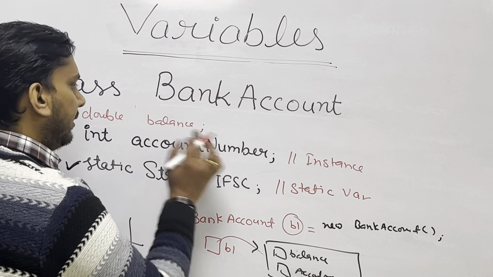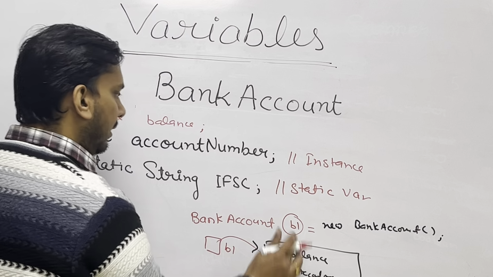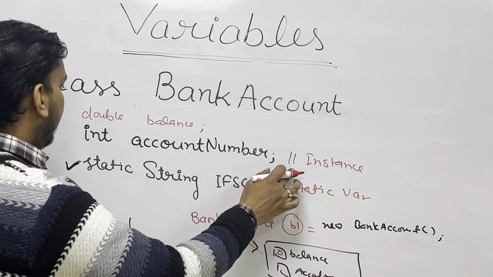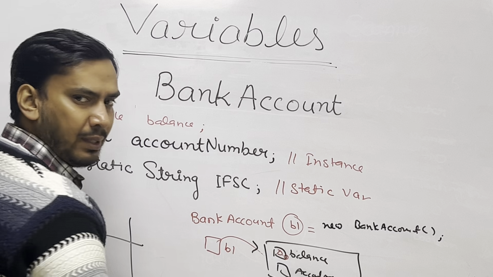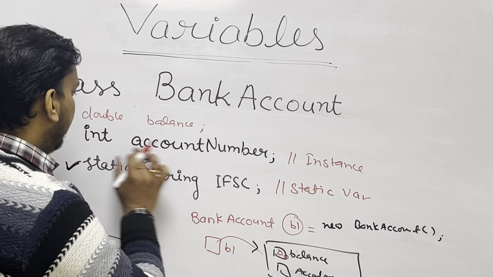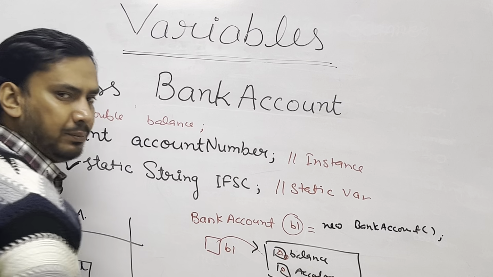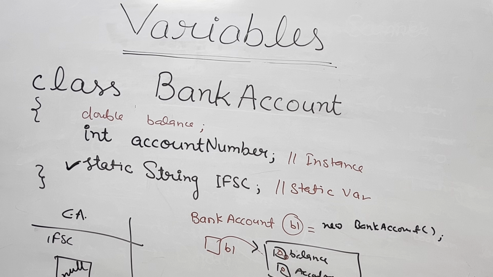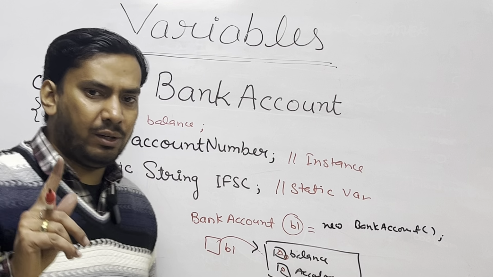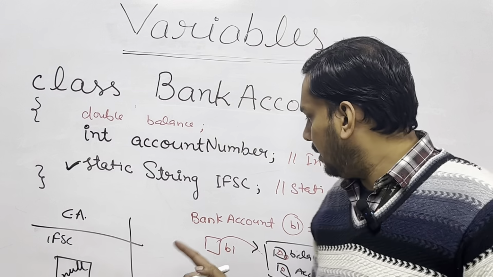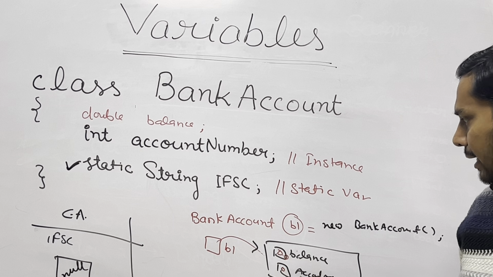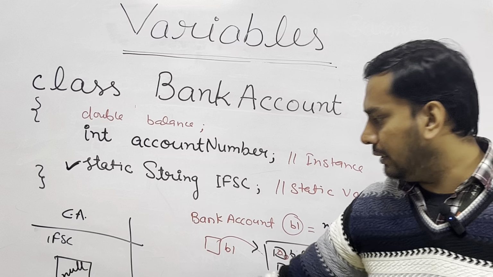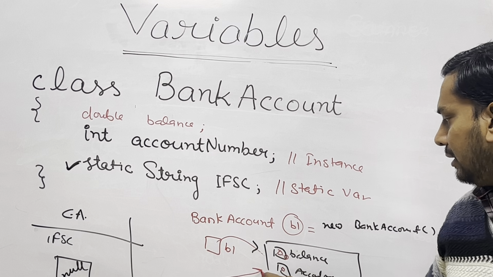Balance is of float type, so the default value is 0.0, and account number is of int type, so it will be 0, right. So I am having one bank account object reference B1. So B1 will be having all the three attributes, balance, account number as well as IFSC. This IFSC will be shared with this object,